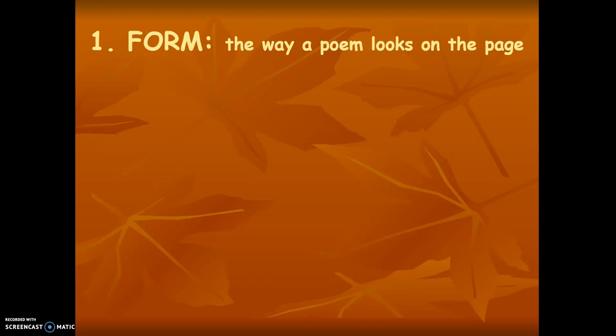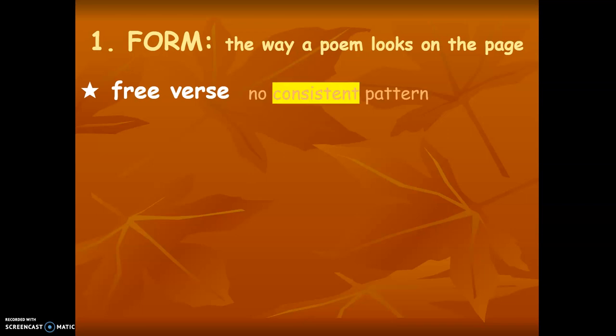So we've already talked about how it looks different. It might be centered on the page. It's not really written in indenting and paragraph form. So what does form mean? We can talk about a poem being free verse, meaning it has no consistent pattern. One stereotype I think we have with poetry is that it has to rhyme. So free verse poetry tends to have no pattern that the author really could think of. I always just think it's the author just writing his feelings down just as they come into his mind.